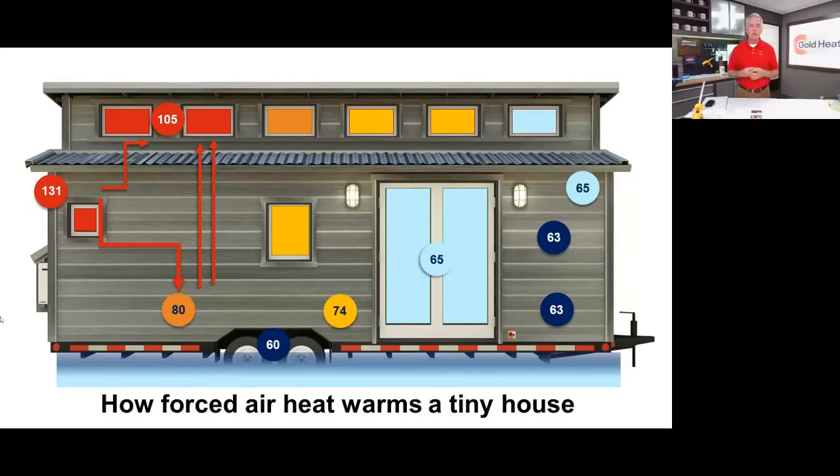You're at 105 degrees, a little bit away. As it goes down, that heat is not staying there. It's coming back up, so it's not as effective. And the further and further you get away from that mini split, the worse the situation is. It's not an even heat that's comfortable through that whole space. So